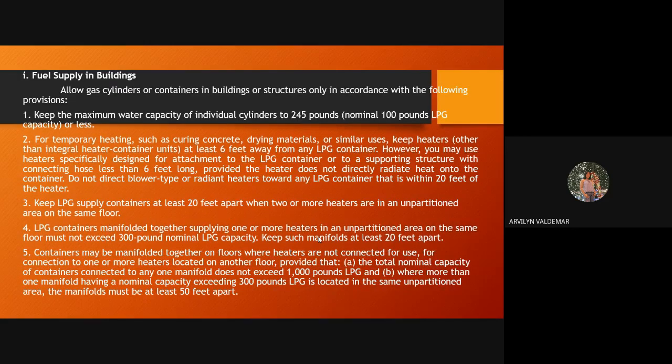So, fuel supply in buildings. Allow LPG cylinders or containers in buildings or structures only in accordance with the following provisions. First, keep the maximum water capacity of the individual cylinders to 245 pounds, nominal 100 pounds LPG capacity or less. For temporary heating, such as curing concrete, drying materials, or similar uses, keep heaters at least 6 feet away